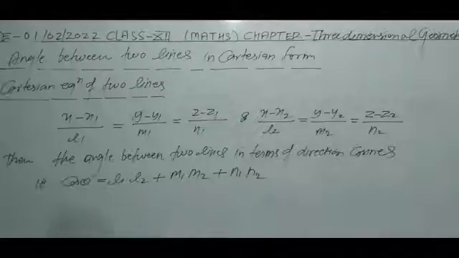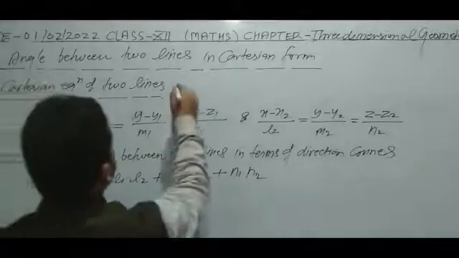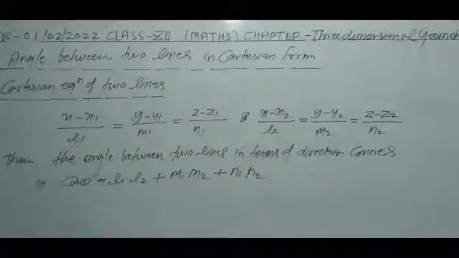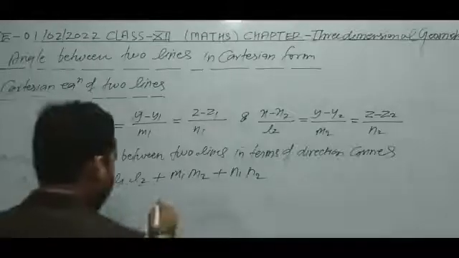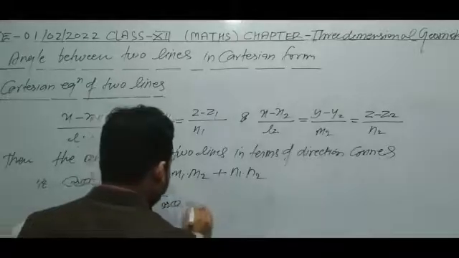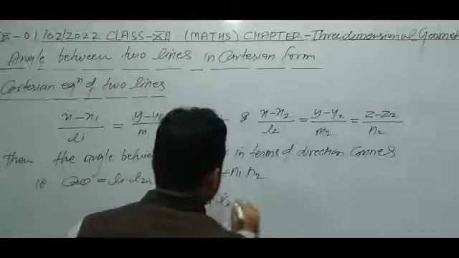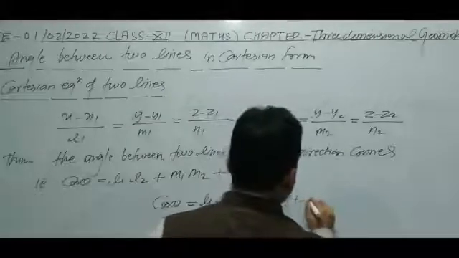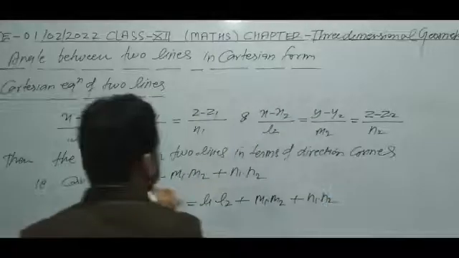In terms of direction ratios, this is the Cartesian equation of two lines, and in terms of direction ratios, we have to write the equation in terms of direction ratio first of all. Now see, cos theta is equal to L1 L2. First of all, I will write this formula, and in next steps